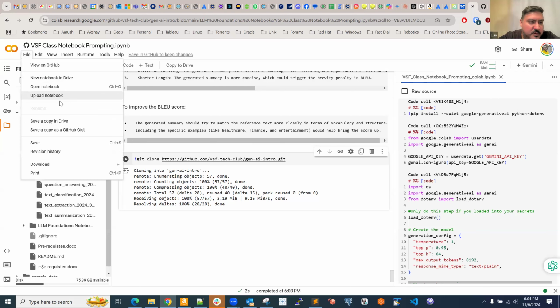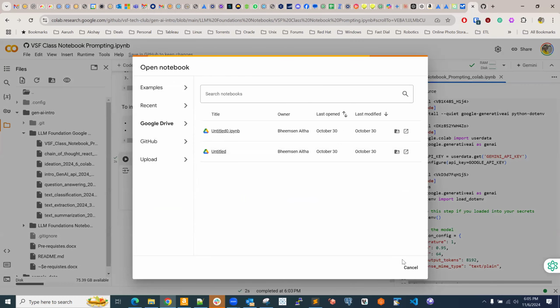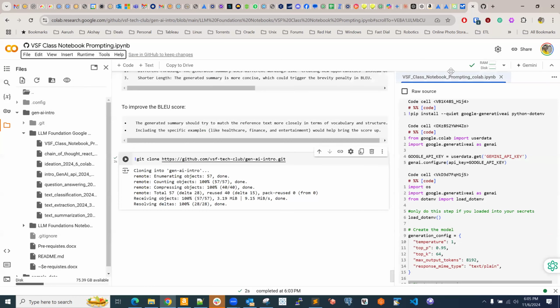File, Open Notebook, and Drive. Then it will open one at a time. Once you open the notebook that way, it'll read in the notebook, or else just read it on the right side like Python code. Oh, it can open from Google Drive. Okay, got it. Thank you. That would help for sure. And then you just run everything. Just make sure you have your Google API key in your secrets.